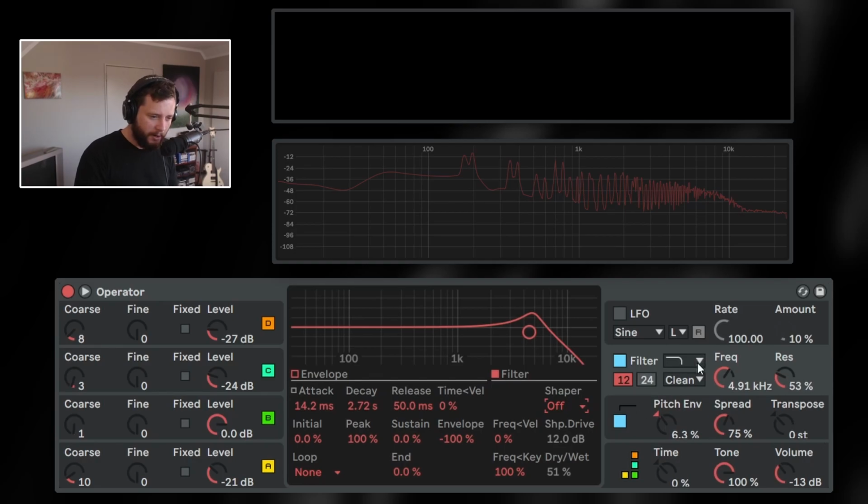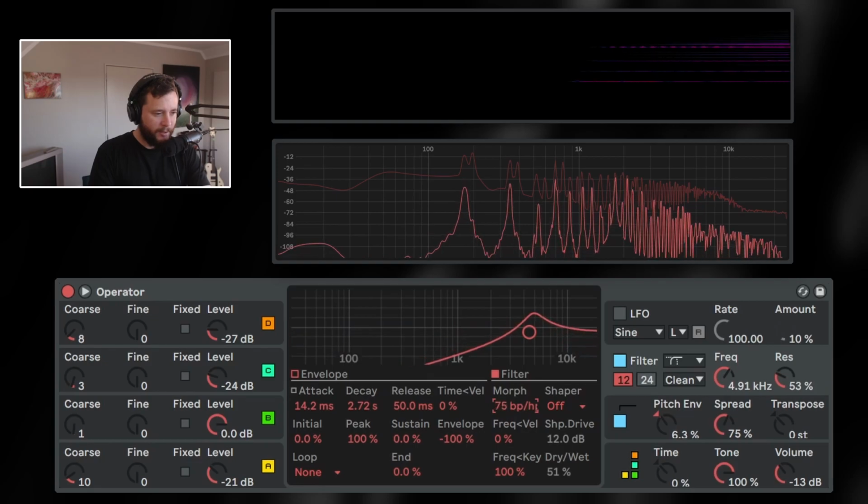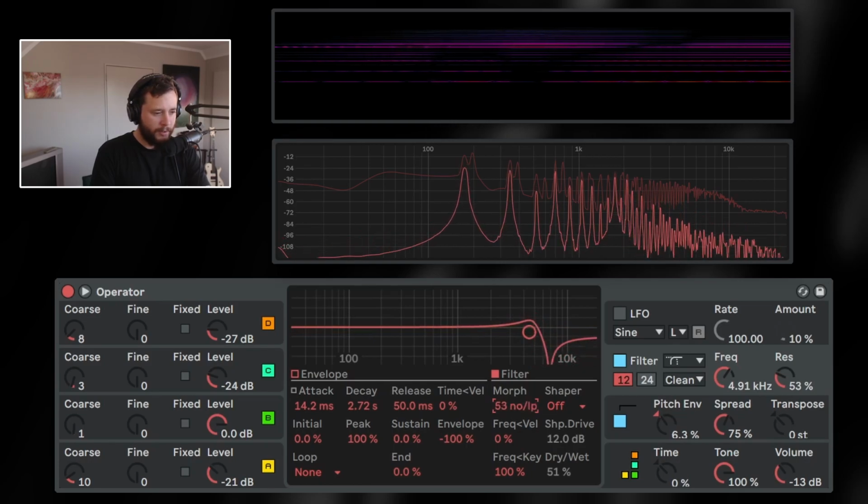So maybe I'll just start playing around and maybe we could actually use the morphing filter for this sound. The morphing filter is pretty cool for pads because you can actually generate a lot of weird sort of unique movement with it, which is pretty much exactly what we want for a pad, right? So if I go to morphing here, you can see when we click on the morphing filter, we get an extra option here on the left. This is the morphing value. So if I increase this, it's going to slowly change from a low pass here to a band pass to a high pass to a notch to a low pass again,